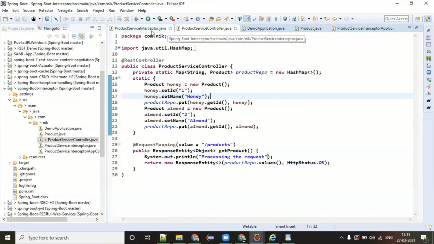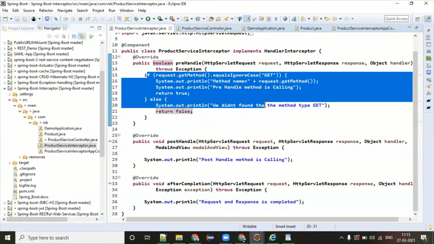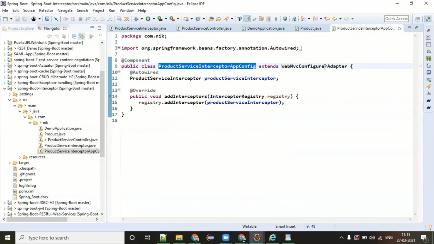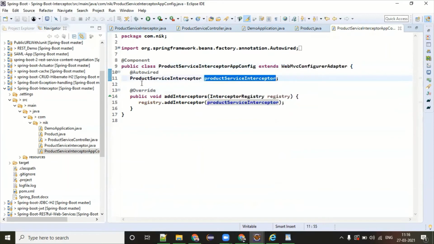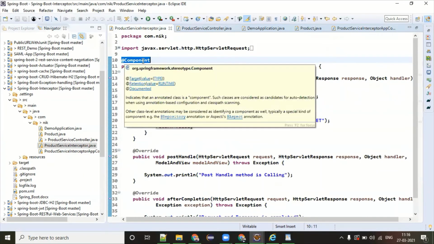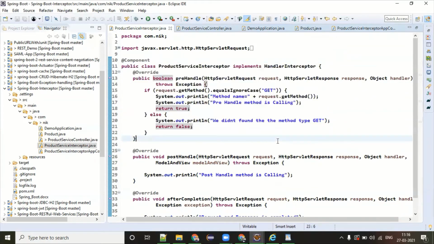Rather, write a hook script like an interceptor, where the piece of code is going to be. And the moment you find it has to be applicable, then this is the controller, which is a web MVC configure adapter. You remember this interface, I mean class, I have used in the Swagger also. So there I'm saying, since the product service interceptor bean is automatically going to be created, why is it going to be automatically created? Because it is holding the @Component. And the moment the Spring framework finds @Component, whatever related configuration and object have to be created for this class is going to be automatically created. You don't need to do anything on that.